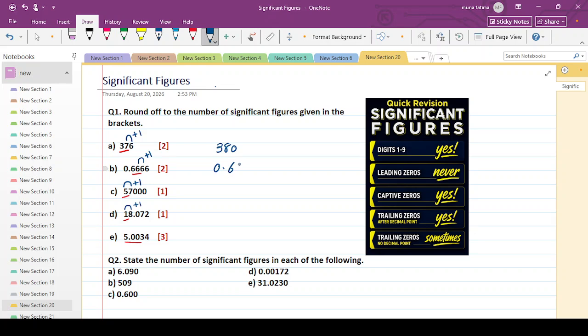This becomes 7, and we don't write the zeros. If you have a decimal number, we can drop the zeros over here. You don't need to. So we have rounded this number off to two significant figures. For the next one, 5 plus 1 gives you 6, and for the remaining 4 digits, we write zeros. 1, 2, 3, 4. Notice that the number we started with was in tens of thousands, and your answer is also in tens of thousands. Next, 1 plus 1 gives you 2,